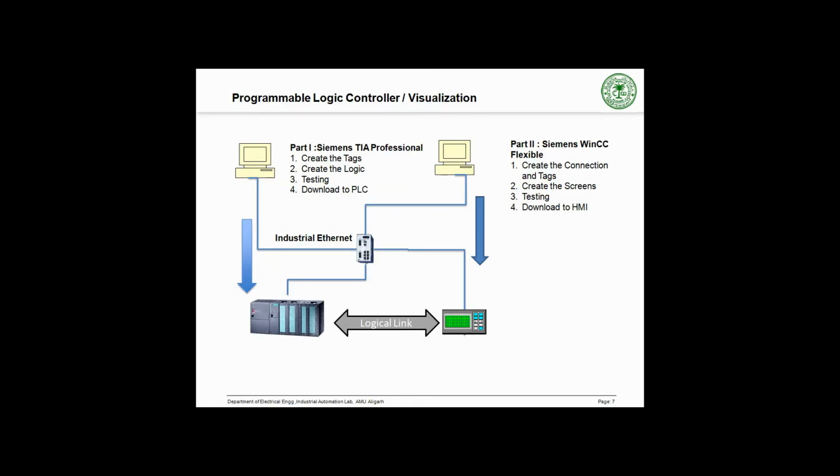Now, in the next slide I have shown that in order to program the PLC, we have used Siemens TIA software. Here we have selected S7-300 PLC with single phase supply and CPU 314C-2 PN/DP, which has multiple communication interfaces, that is Profinet and Profibus interface. We have selected the Profinet interface. Now coming to our TIA software,